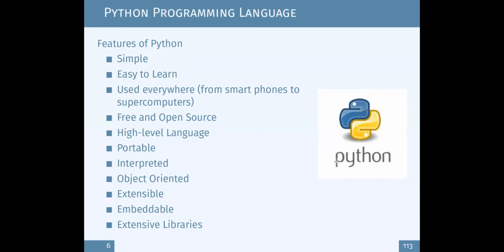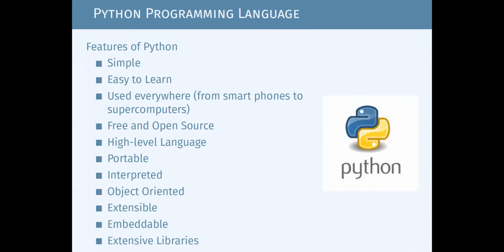There are many other reasons. One is that it is a free and open source programming language, which supports many paradigms like object orientation, functional programming, and so on. And not least, you can find extensive libraries for doing anything that you want to do. For example, if you go to NumPy, which is one of the libraries, you can see how Python is used in other places.